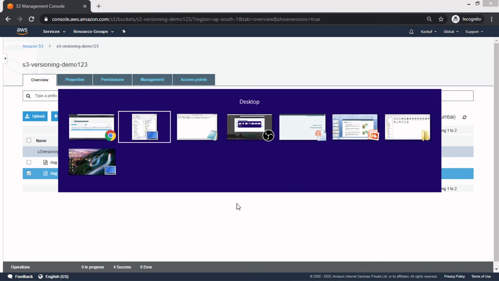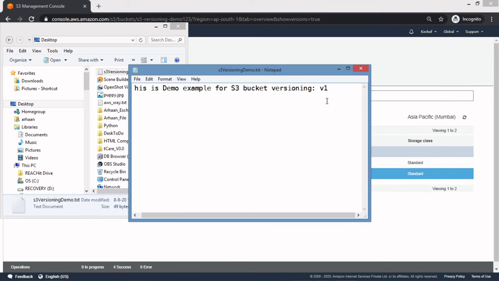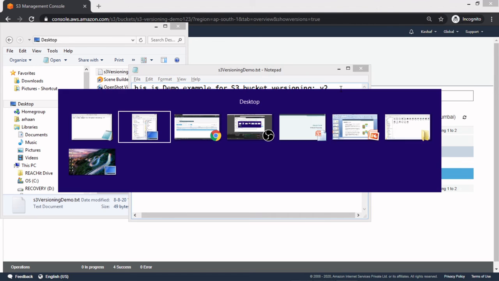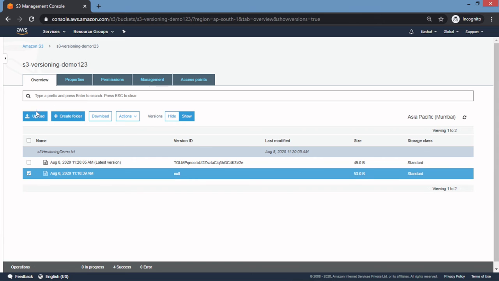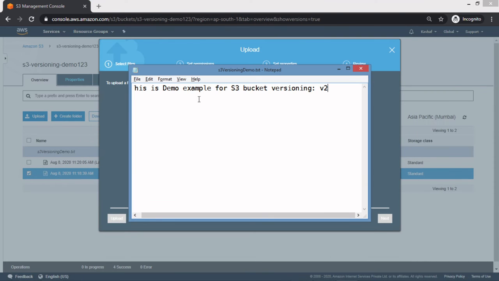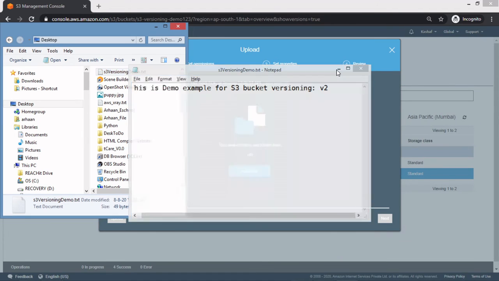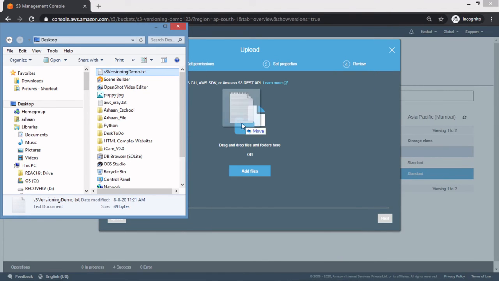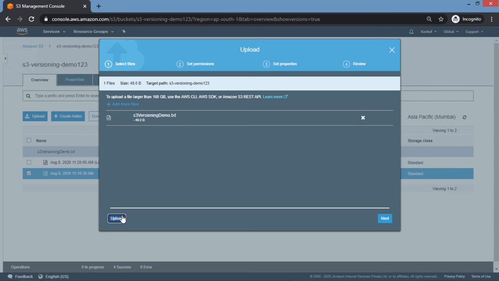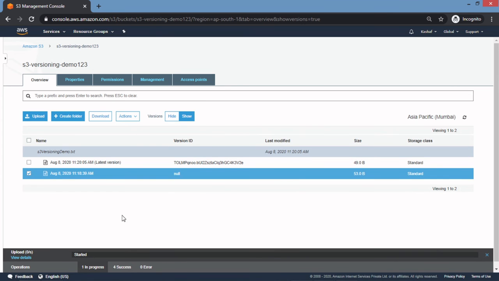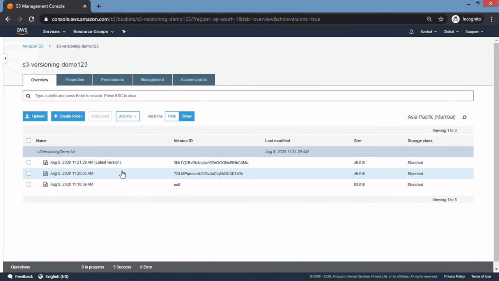Okay, I will update my file again. Suppose I want to put version 2, and then I upload it again. So now you can see one more new version has been added, and this becomes our new latest version.